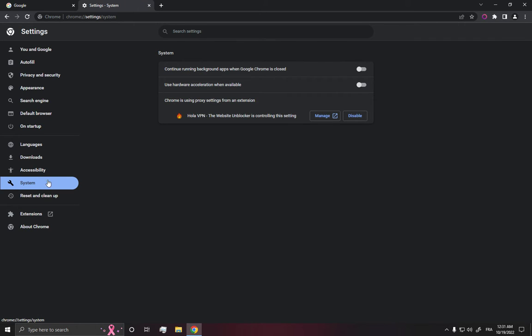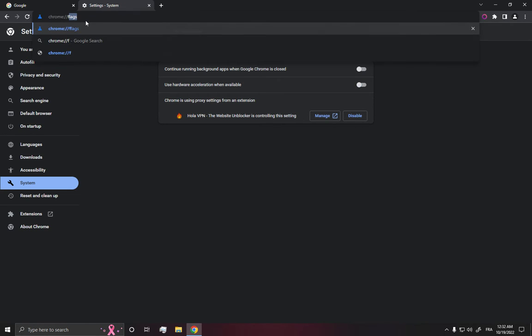go to system and make sure to disable this option and this option, and after you disable, then relaunch from here, and then go to the top here and search for flags,